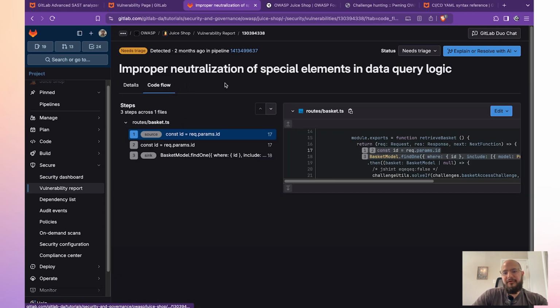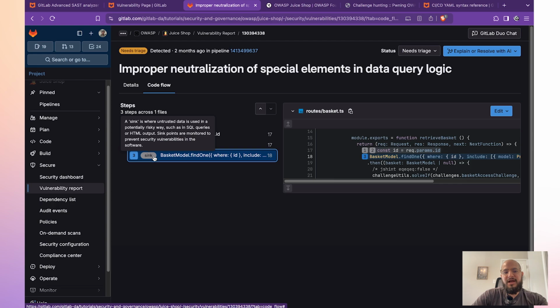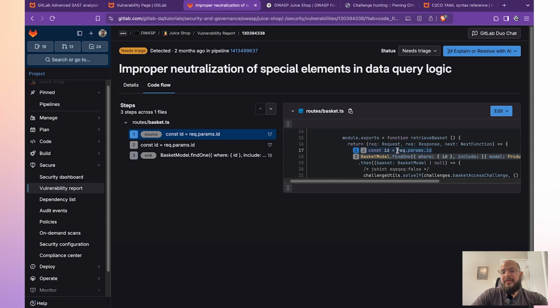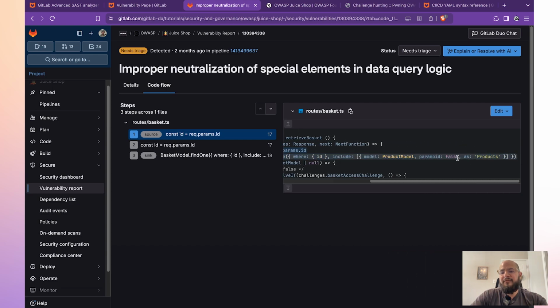The code flow is also what I wanted to get to. So remember we talked about source, where the user passes in data, and then sink, where the data is actually executed, the untrusted data is executed, and something risky is happening there. So here we can see with the actual code snippet that we grab the actual ID from a request, meaning that it is possible for the user to manipulate that request and pass in something different for when it's used here in the basket.find_one,